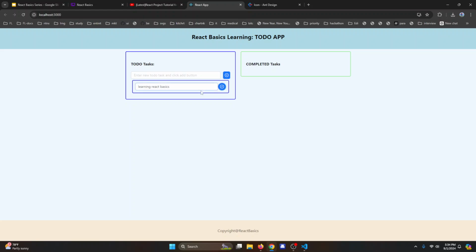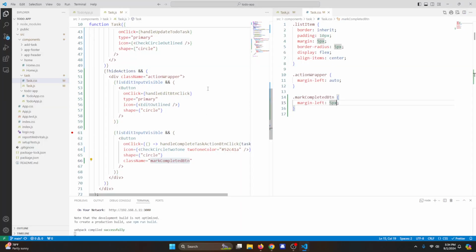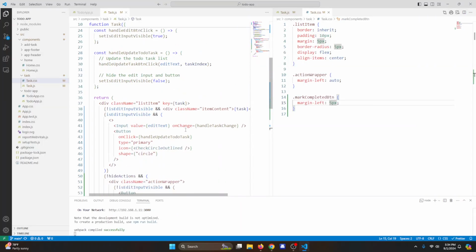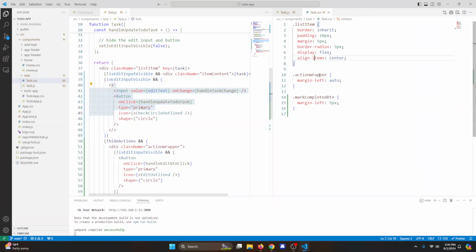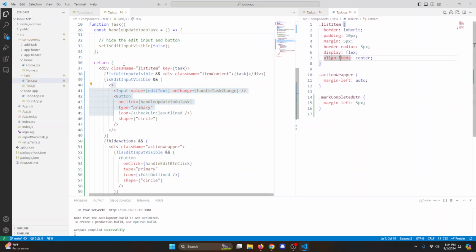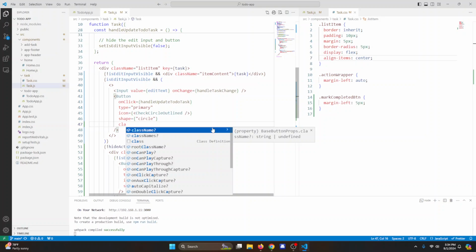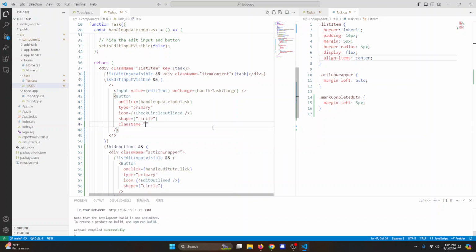The other thing that we want to do is in the edit as well, we want to have some gap between this input box and the button as we have added here, right? Similarly, we want to have a small amount of gap so that the UI looks a bit consistent. So let's go back and see that particular area in the code. So first of all, this is the place where we are adding the input and button. So let's add a class name here as well, and we'll call it handle update to do